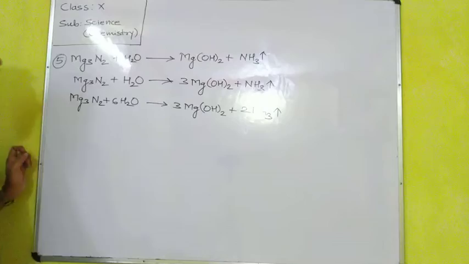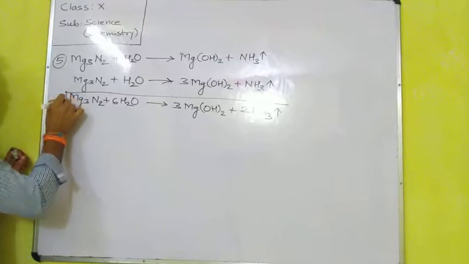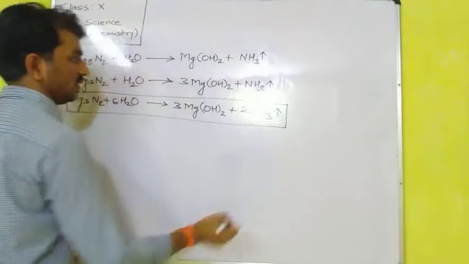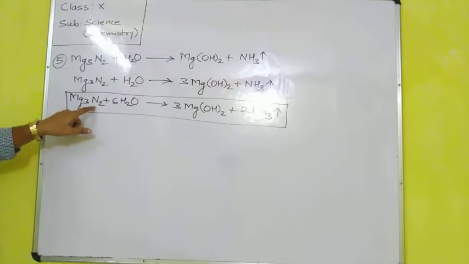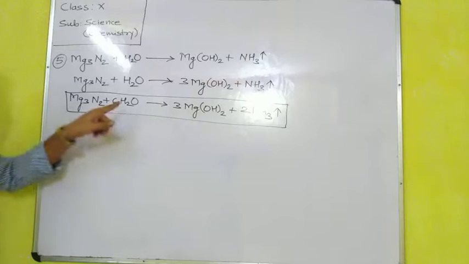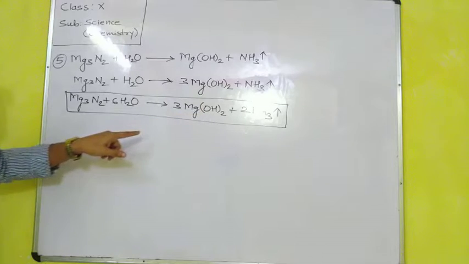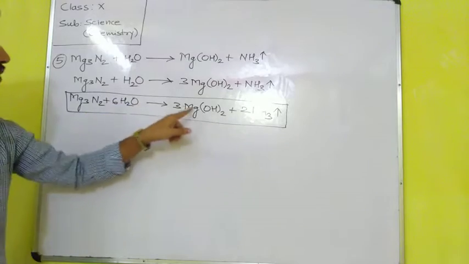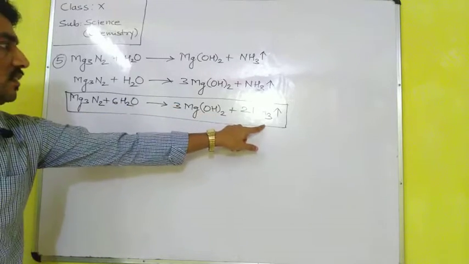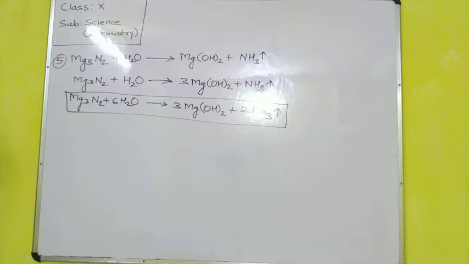6 atoms of hydrogen. Okay, this is 12 atoms of hydrogen. Now it is balanced. Again we have to check it from the starting, whether it is balanced or not. Hydrogen we have checked. 3 atoms of magnesium, 3 atoms of magnesium; 2 atoms of nitrogen in the reactant, 2 atoms of nitrogen in the product; 6 atoms of oxygen in the reactant, 3 to the 6 atoms of oxygen. Now 6 to the 12 atoms of hydrogen in the reactant, and 6 plus 6, 12 atoms of hydrogen in the product side. Okay, so you have to balance that.